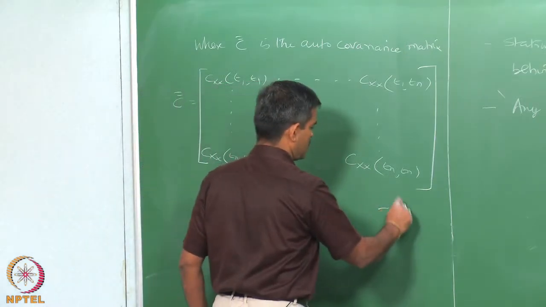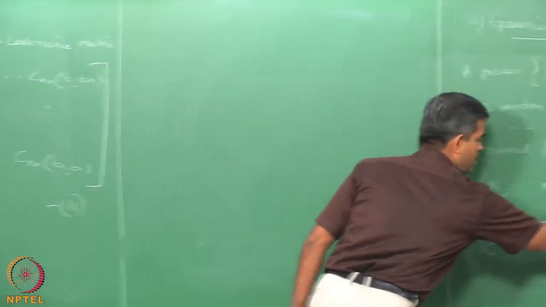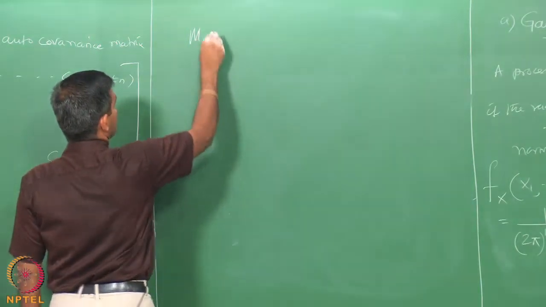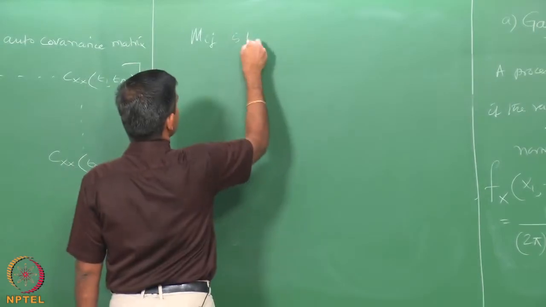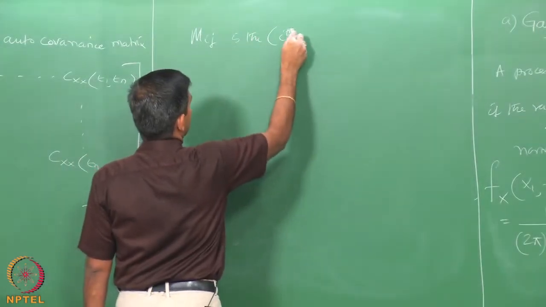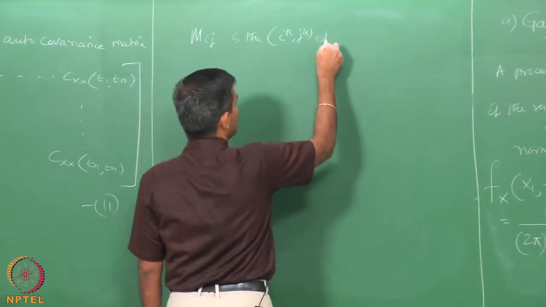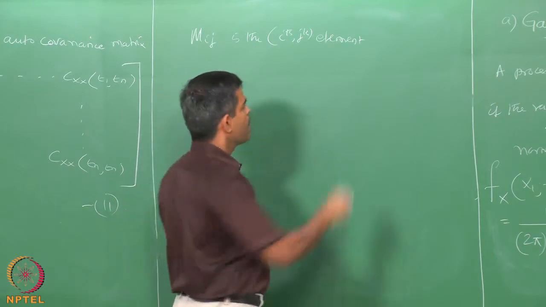I will call this as equation 11, and in equation 10 m i j is the ith jth element